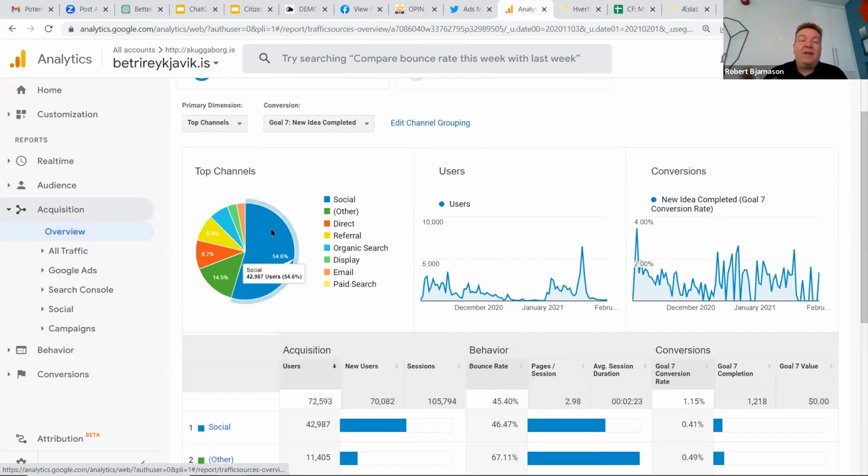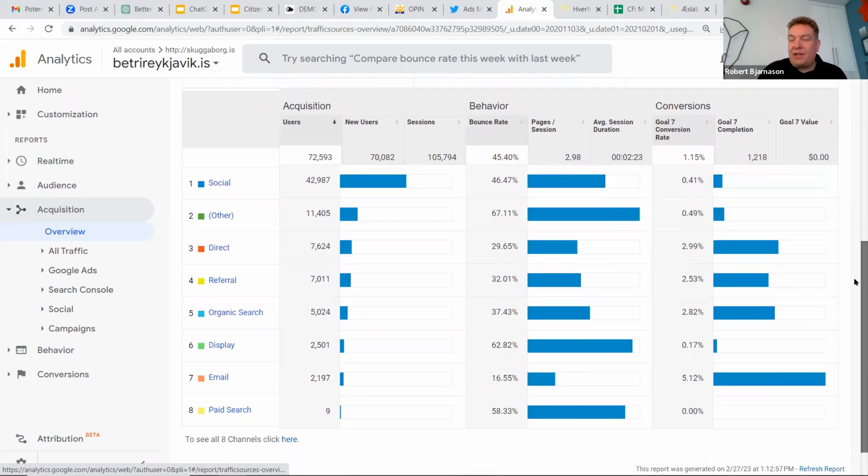So this is where the users came from. How did they know about the project? A large majority came from social media. Other is usually emails, like email campaigns. Email campaigns are really, really effective. If you have an email list of an interested audience and you send the link to the engagement, that's really powerful.